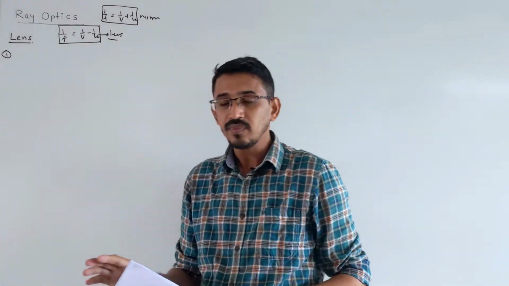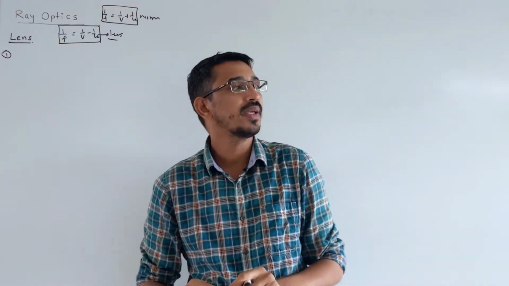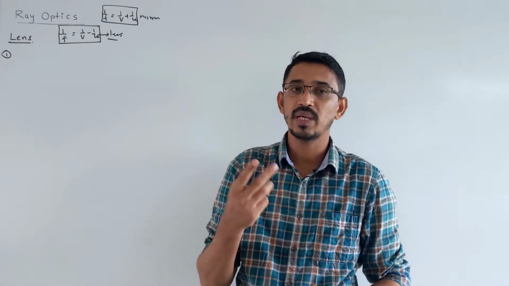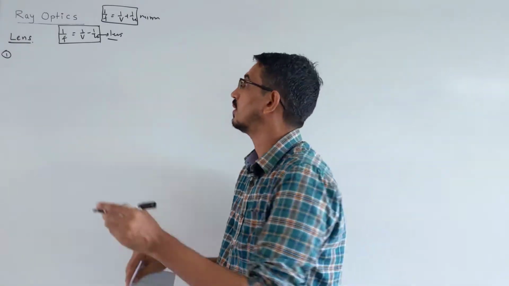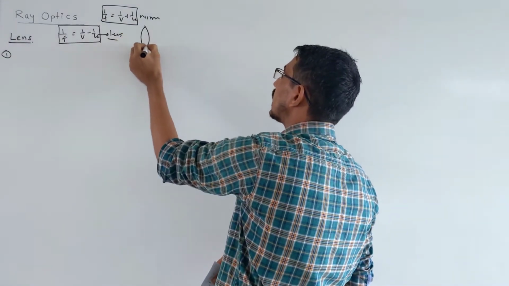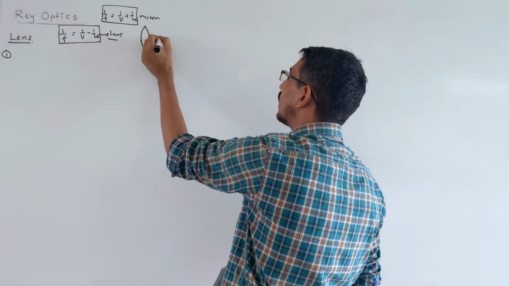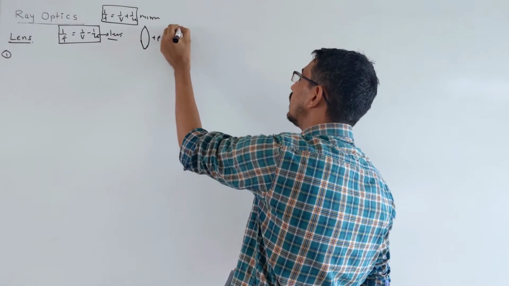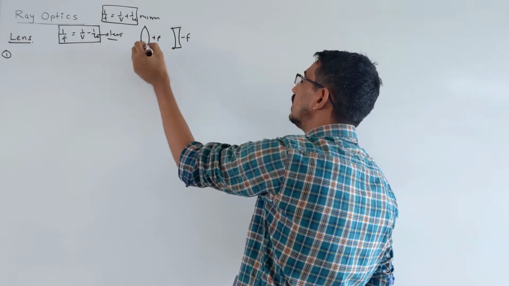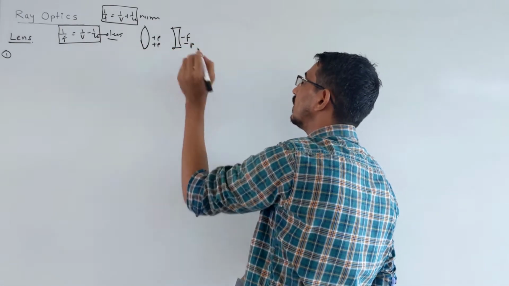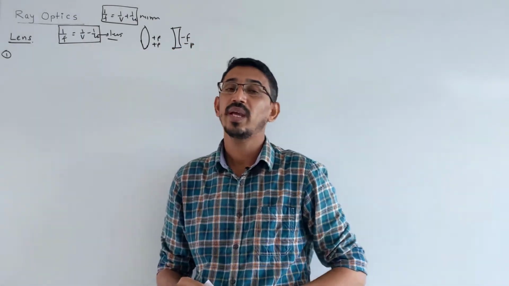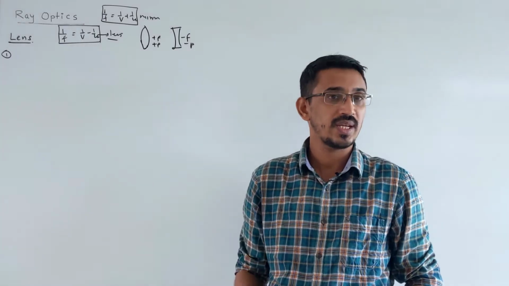Look here. You can understand the lens by knowing the focal length. We have two types of lens. A convex lens has positive focal length always. A concave lens has negative focal length, right? Convex has positive power, concave negative power. Simple, right? So if you calculate focal length or power, then we know which lens this is.